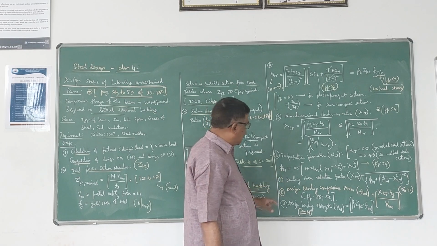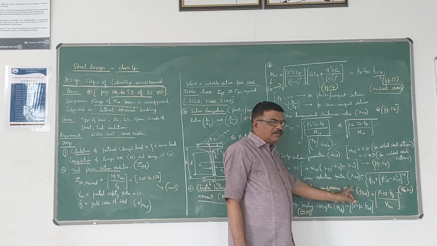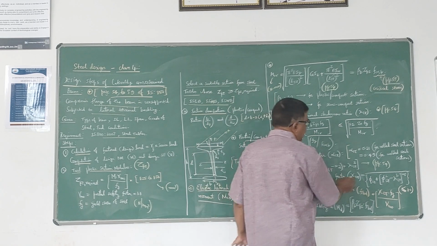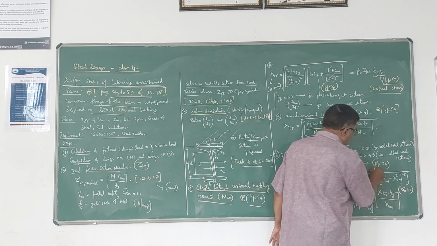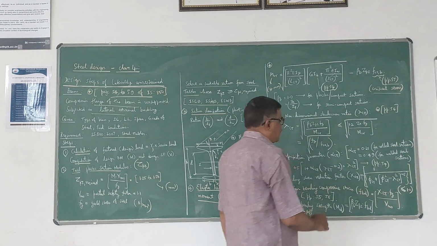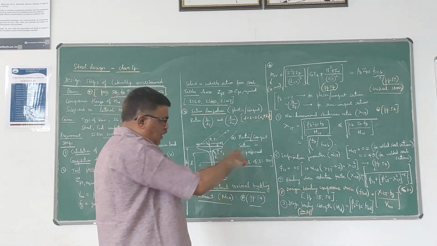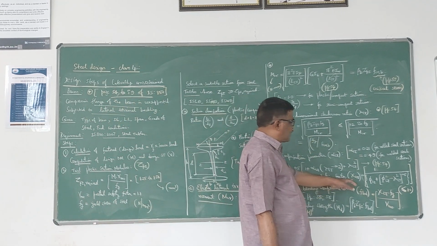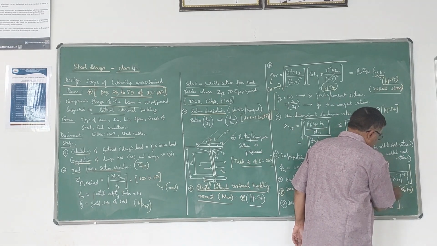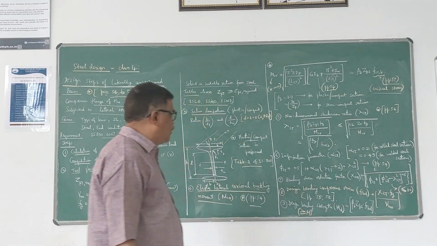After getting phi LT, you have to calculate the bending stress reduction factor, which is xi LT. So all these are Greek letters. For xi LT, the formula is 1 divided by phi LT plus the square root of phi squared LT minus lambda squared LT, that is, whole to the power of 0.5. This also doesn't have any unit, and this value, whatever you get, should be less than or equal to 1.